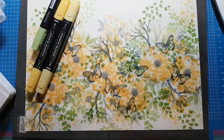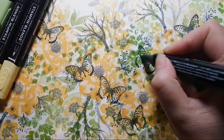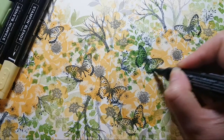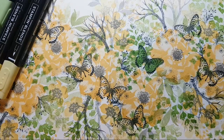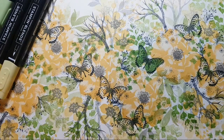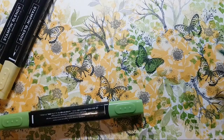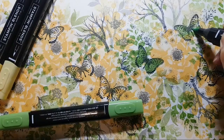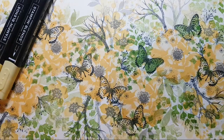Okay, so this has already got quite a bit of green. Sorry, my teeth fell out then. Bit of green. Hi, Vanessa. Good morning, Australia. There we go. Just helps them to show up a little bit more. This is the lighter green. So I thought, oh well, if I put that down first and then I can go in with the...